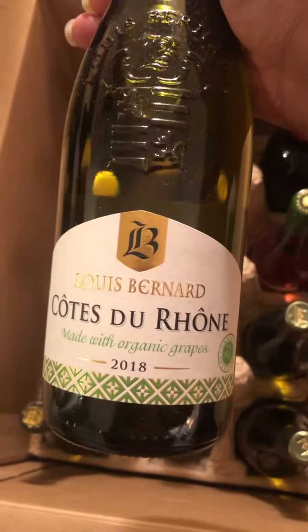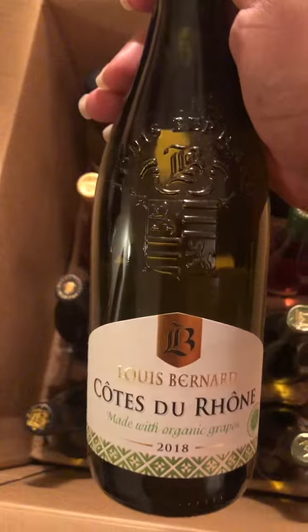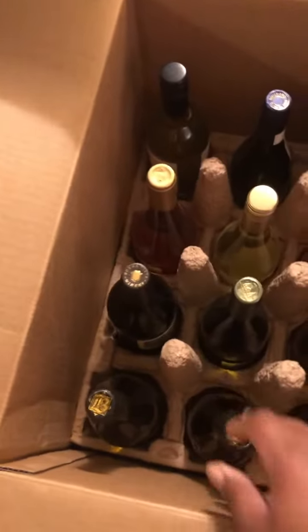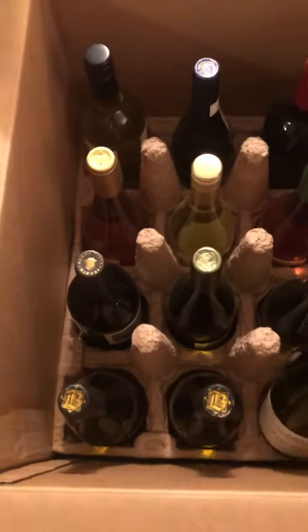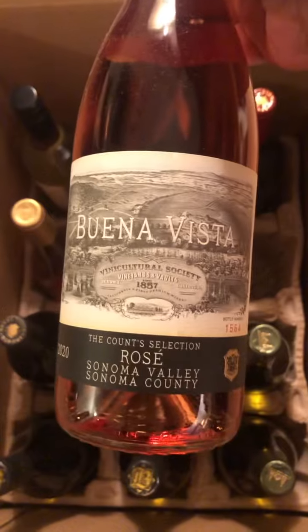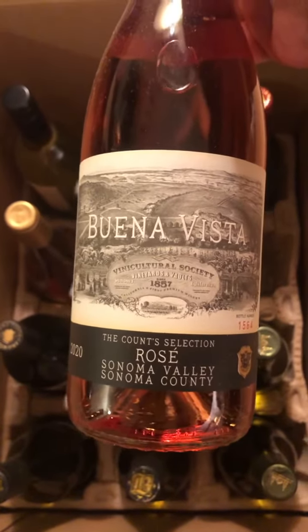Then I have 2 Louis Bernard Coteron made from organic grapes. Beautiful bottle. I think that one is only like 20 bucks a bottle. Dude, I think these are like 16 bucks a bottle. Such a good deal. Then I have this new one, I haven't tried this yet, the Count Selection from Buena Vista,